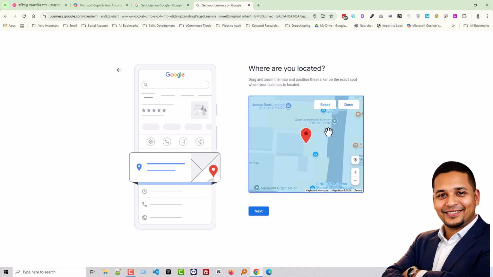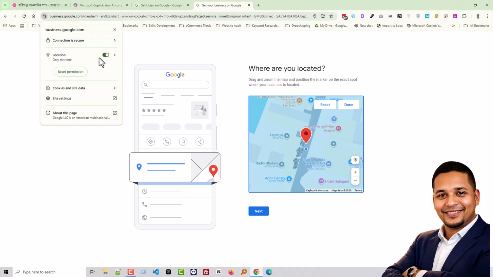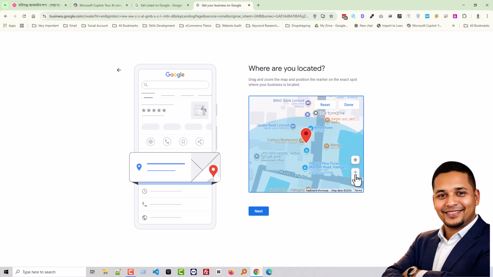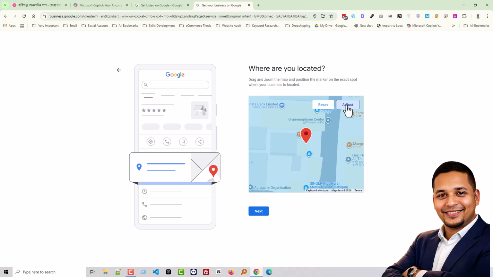Okay, I have added the business location. Okay, here is our location. Click on the done. Next,